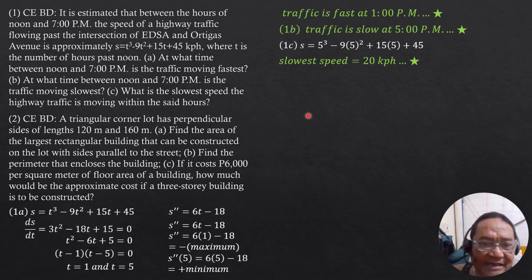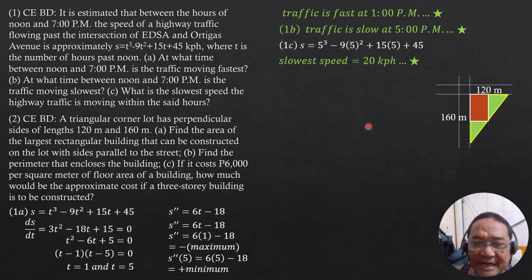And the result is the corresponding dimensions of the largest rectangular area that can be constructed on a triangular lot is such that the perpendicular dimensions of the rectangle, b by h, would be half of the corresponding perpendicular dimensions of the triangular lot. So in this case, this is easier because we have a right triangle, but I derived that case for the general case wherein the triangle may be of any shape.